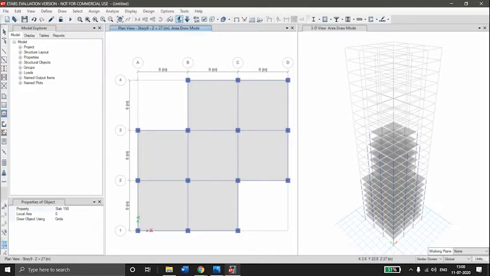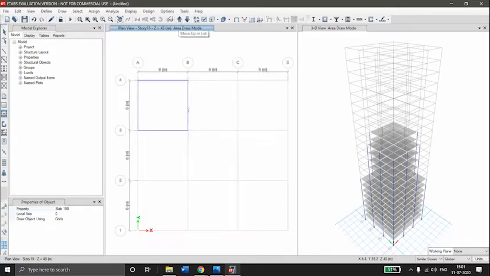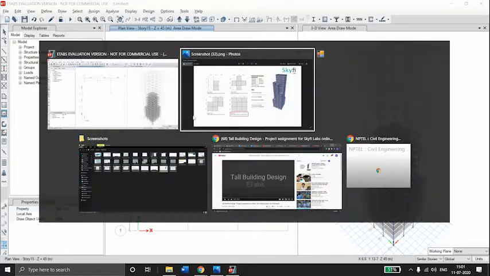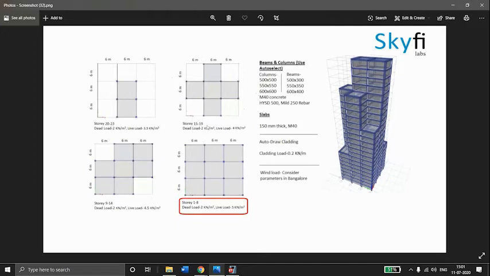Move up the story to story 15. This plan for story 15 to 19 is this.